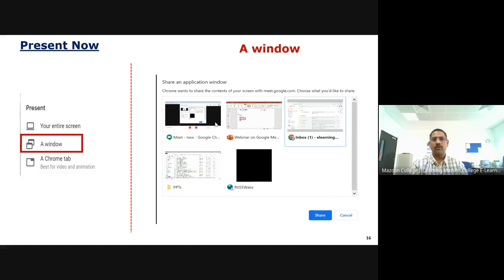In the status bar you will see one tab for each, right? Now I opened five, so five tabs are on my computer. You need to choose which window you want to show. Other things they will not see. If you want to show another one, you need to stop the current one, then share another window. So they will not see what is happening on your computer. They will see only the particular window. My suggestion is better to go for this window, because the students also don't want to see what you are doing here. Something else open on our computer, they will not see. This is the window.